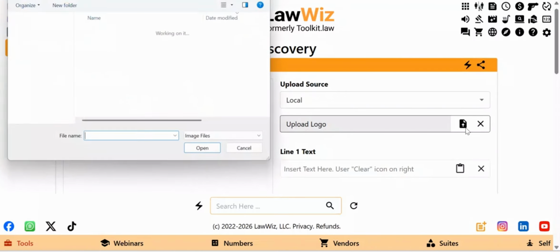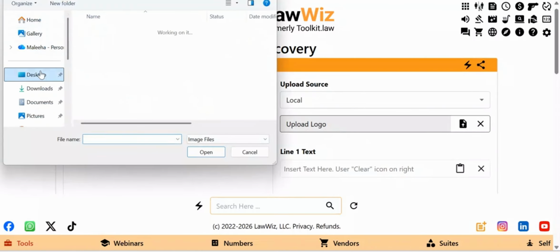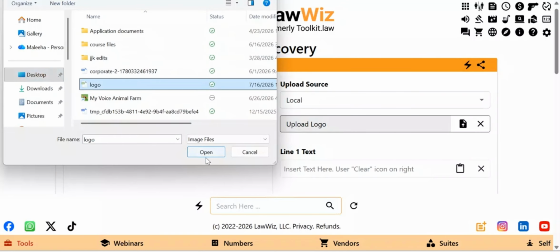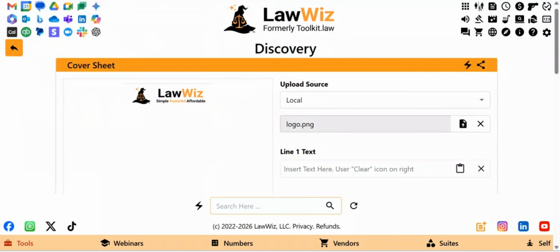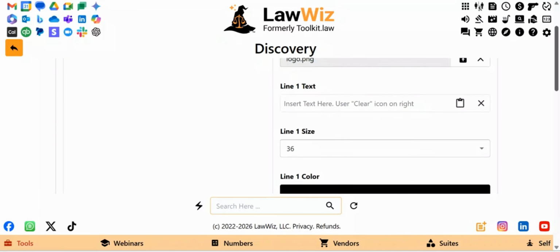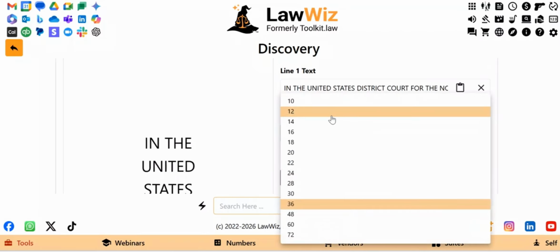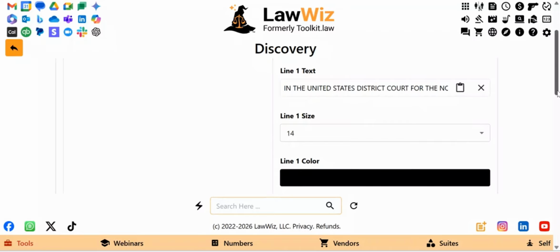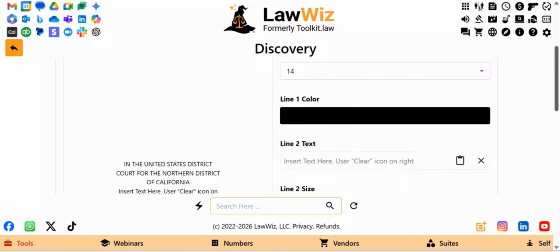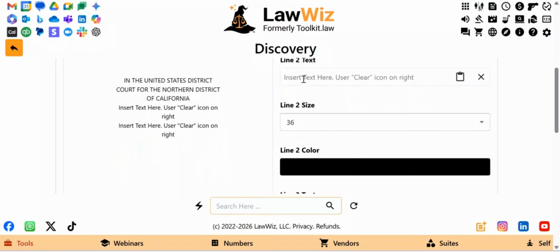Here you can establish visual ownership by importing your firm-specific logo directly onto the layout using the Upload Logo field. To complement your visual assets, input your case-specific metadata across the three dedicated text fields: Line 1, Line 2, and Line 3. As you type, watch the left-hand live preview pane update in real time, displaying your formatted court headers